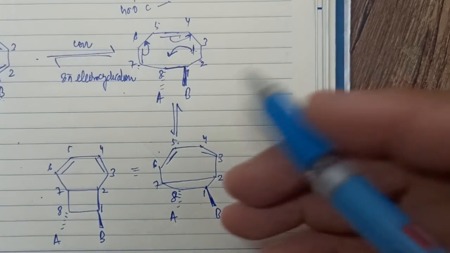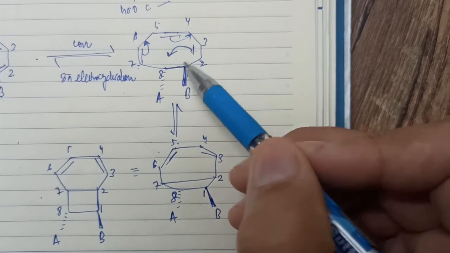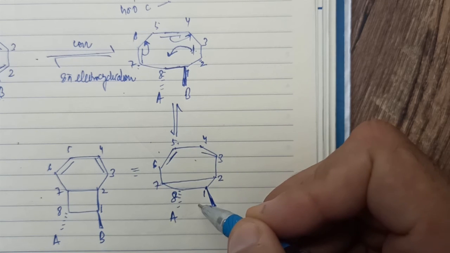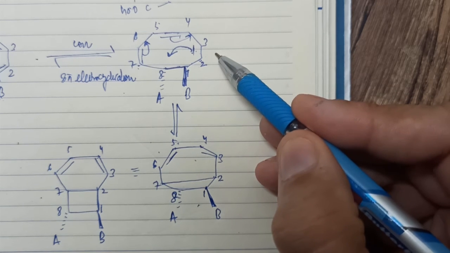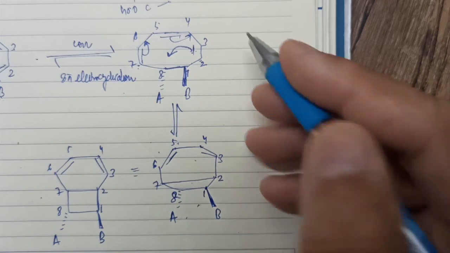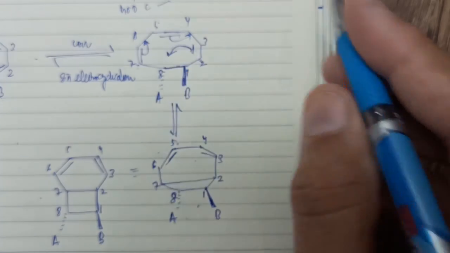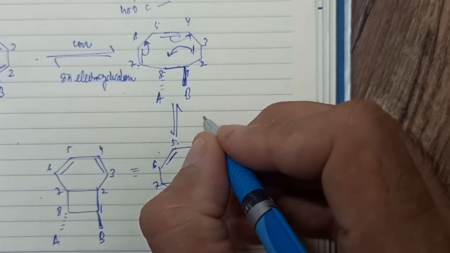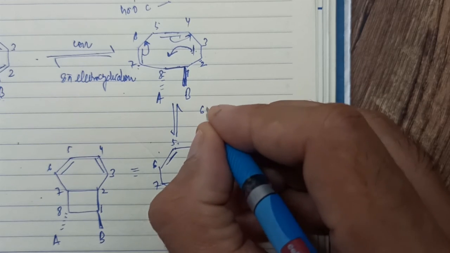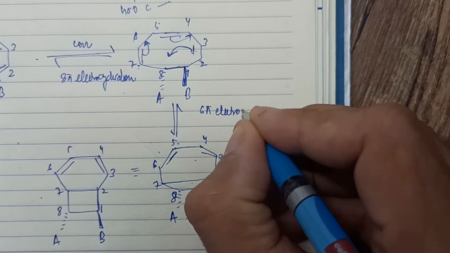And what is this electrocyclisation? A cyclic component cyclizing into a bicyclic component. So this is the reactant, the open chain component, and this is the cyclized product. This had 6 pi electrons. Since the open chain component, or the reactant, had 6 pi electrons, I will call this a 6 pi electrocyclisation